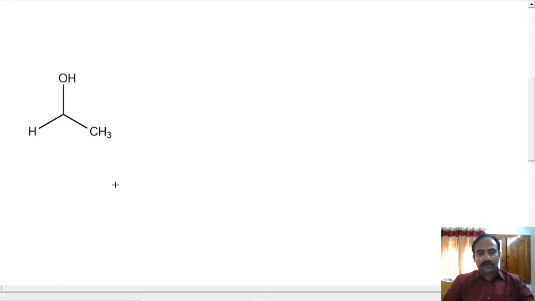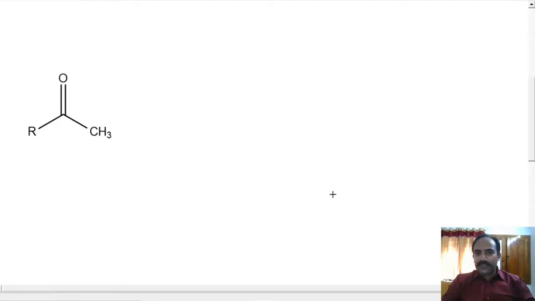This is ethanol. So ethanol, acetaldehyde, or any secondary alcohol, or any ketone with a CH3 group at alpha position will give you this test. So what is in common with all these reagents? They all have a CH3 group at alpha position, and also they have a C double bond O. In some cases it is OH, which can be converted into a C double bond O by a simple oxidation reaction. So now let us have a look at this reaction.